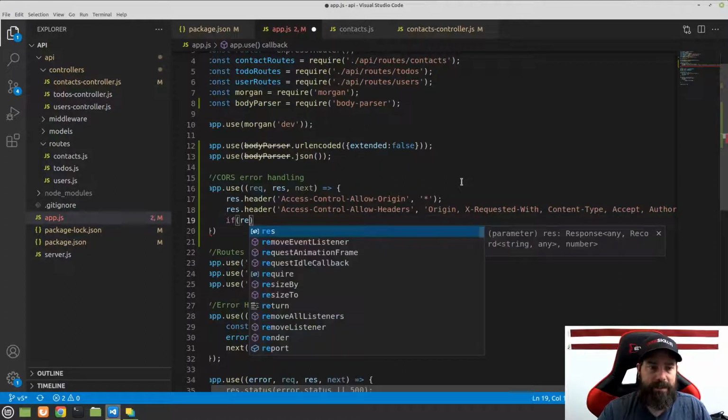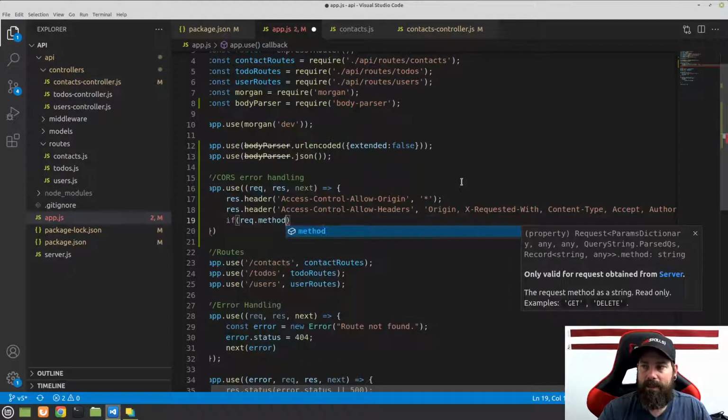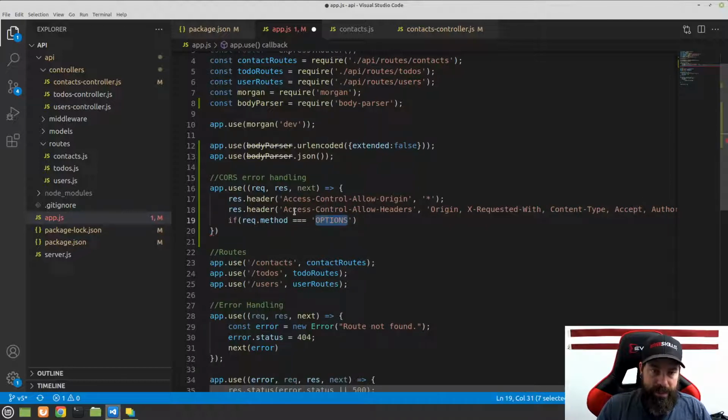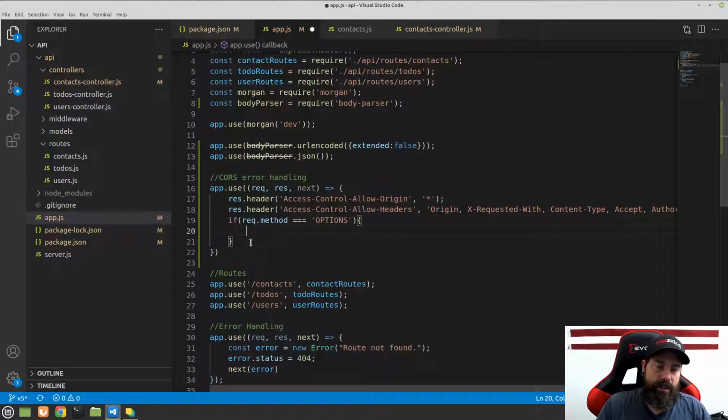So we're going to say, hey, if the request method is equal to OPTIONS. Now this OPTIONS, oops, this needs to be all caps. This OPTIONS is what the method is called. So the pre-launch, or when the script or whatever is going to run, it's going to run first this OPTIONS. So it's going to come in as a header, and it's going to say, hey, what options are available? So then we're going to do